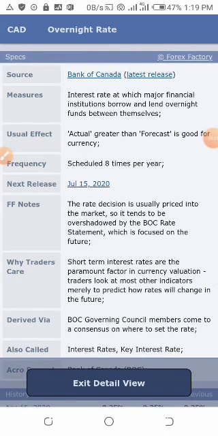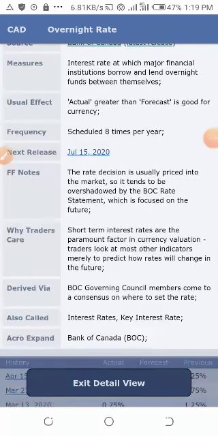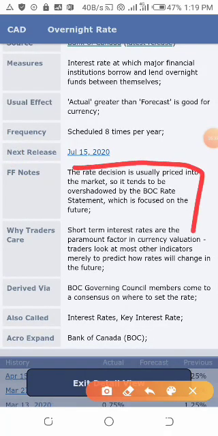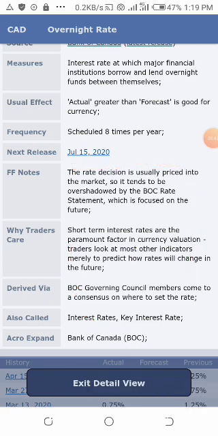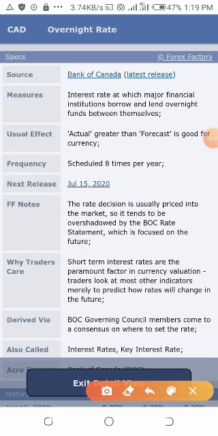Actual greater than forecast is good for the currency. Remember, actual greater than forecast is good for the currency. Right, and there are other news over here, other information that you read. Okay, right, so you notice this